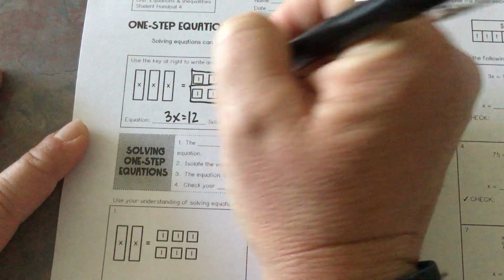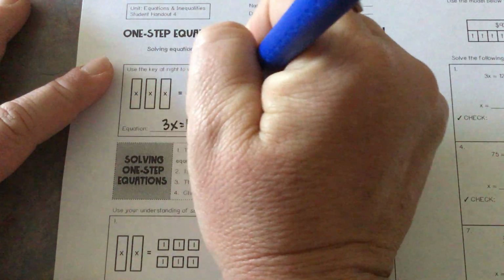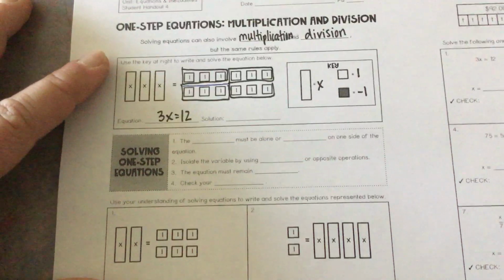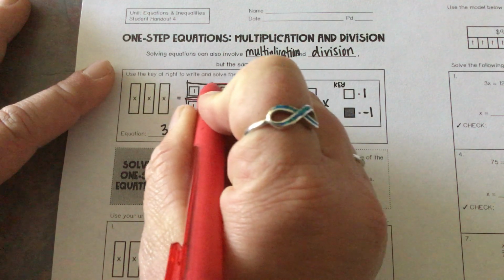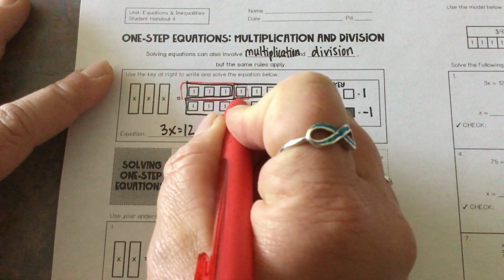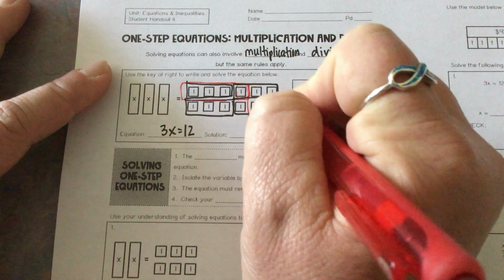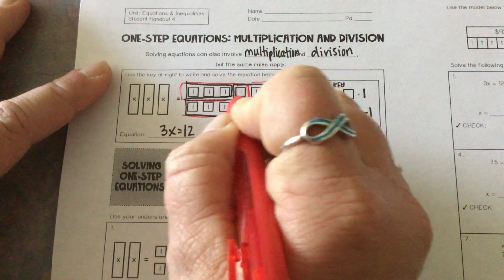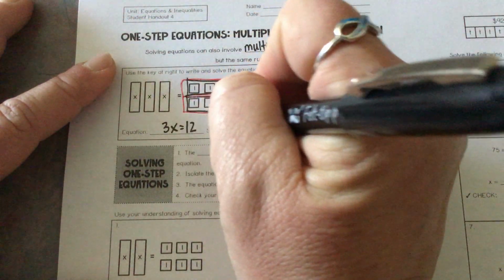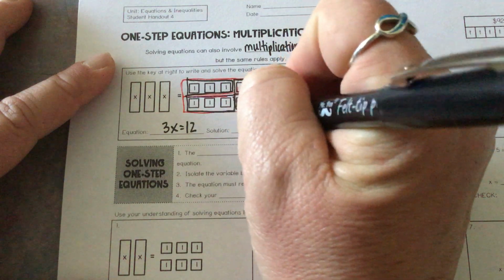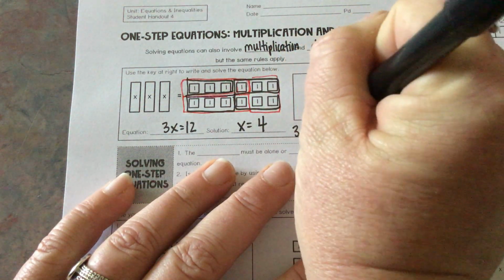You can group it into fours. So essentially 3 times x, x is going to equal 4. And to check that, you would plug it in and do 3 times 4 equals 12, so you know